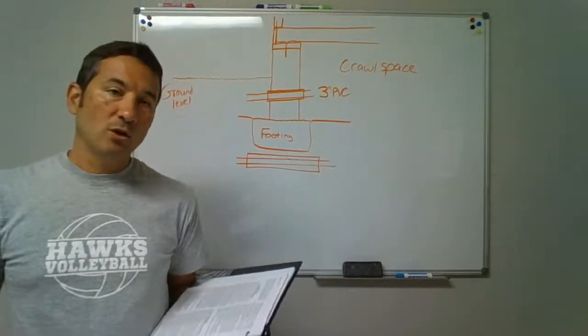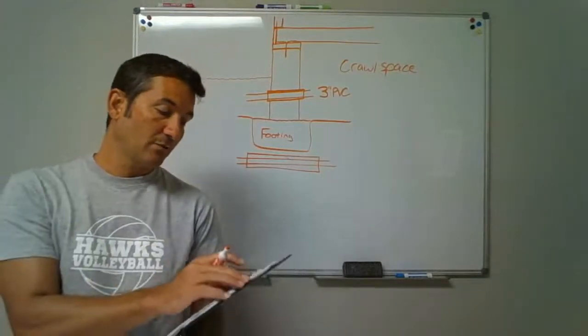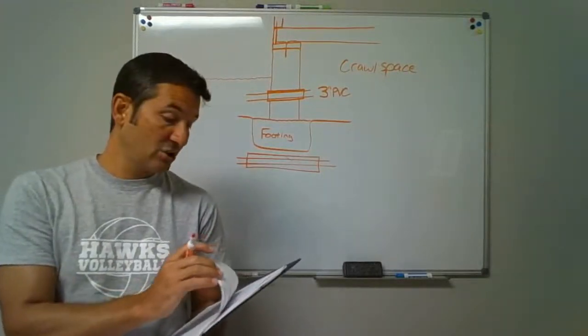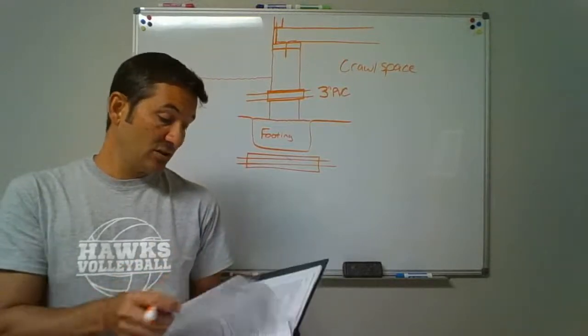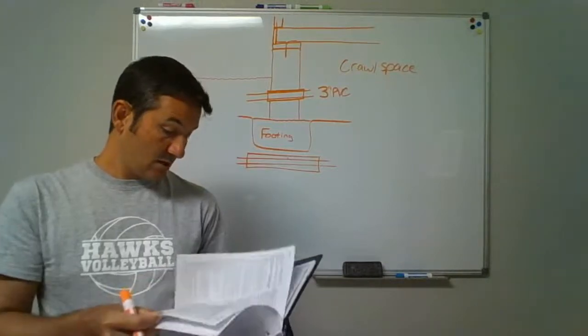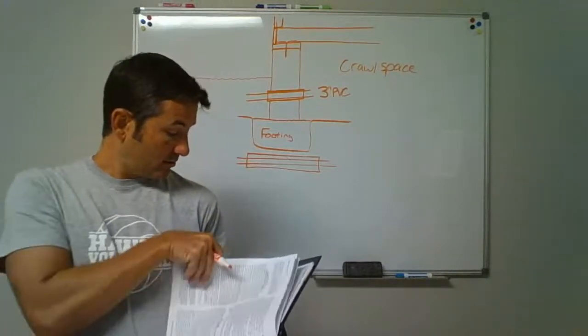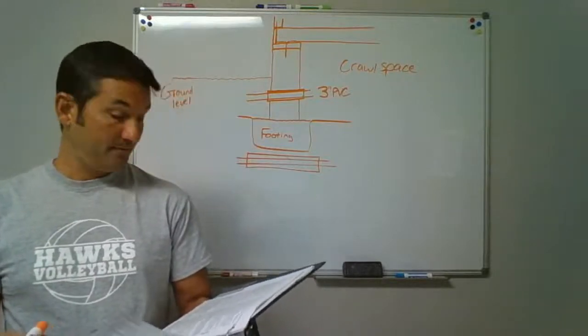How do I know what 2 pipe sizes larger than 3 is? Well, if you don't remember, one of the things that we've already covered in chapter 2, you can flip back to your definitions and look under the P's for pipe size, page 10 of your